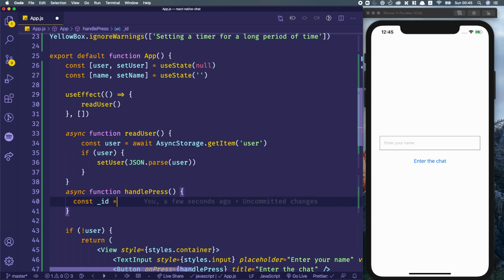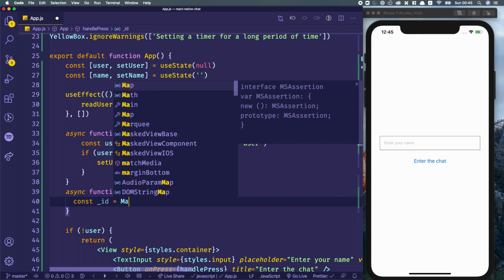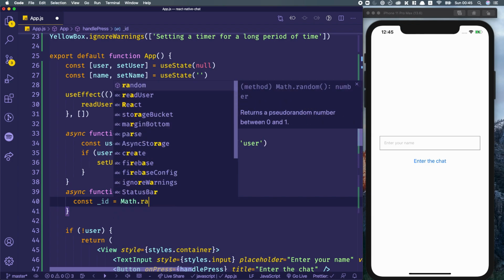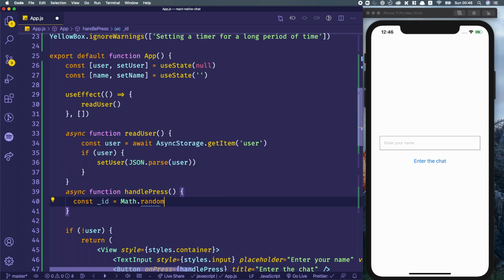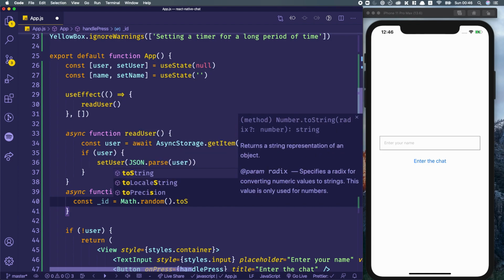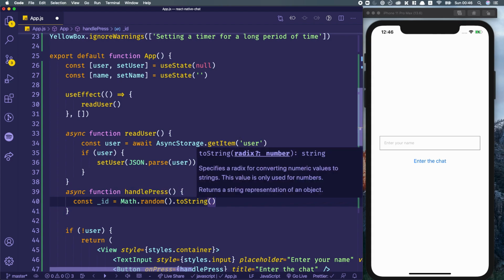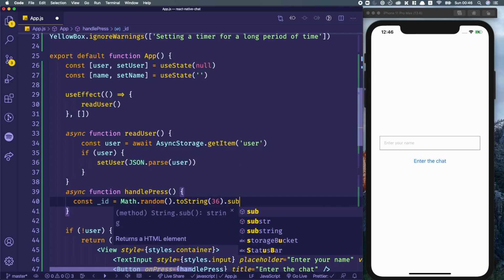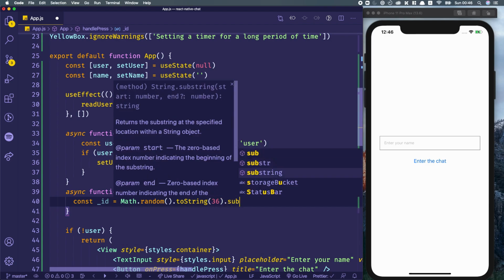And for now it's going to be a really dumb random string, but if you have authentication in your application, this will probably be the ID of your user, or maybe you want to have a different type of random string, but this is going to use just the native APIs from JavaScript, and this is how we can